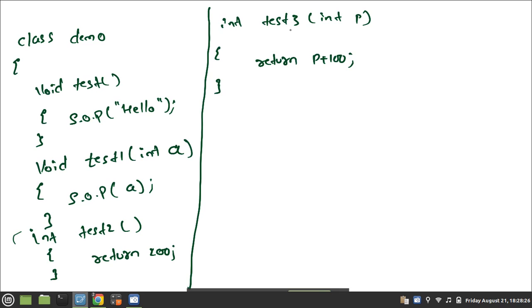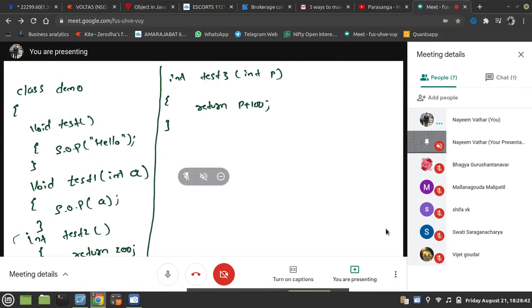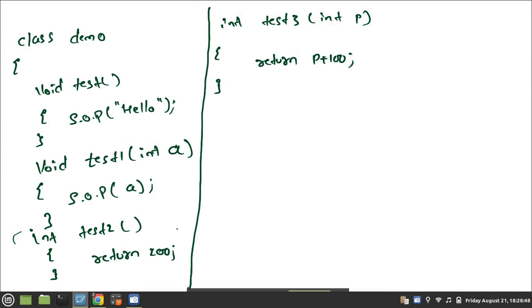Sana, what type of method is this? Sana, what type of method is this? Shifa, what type of method is this?